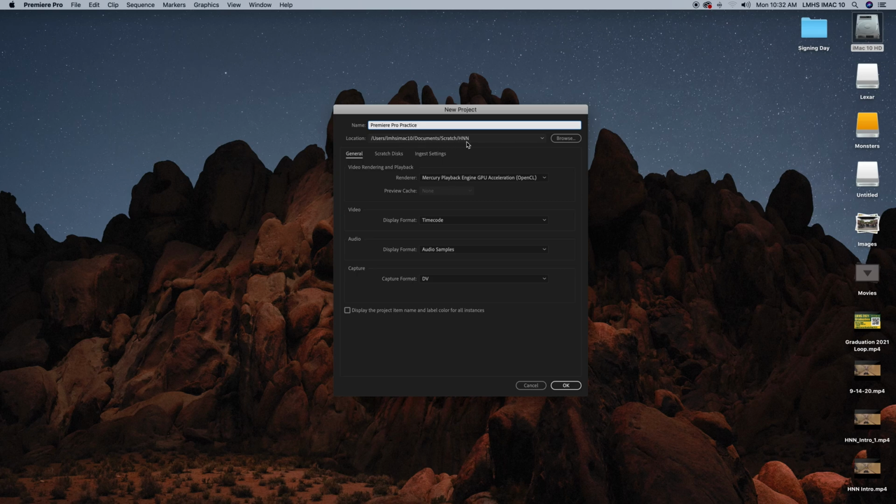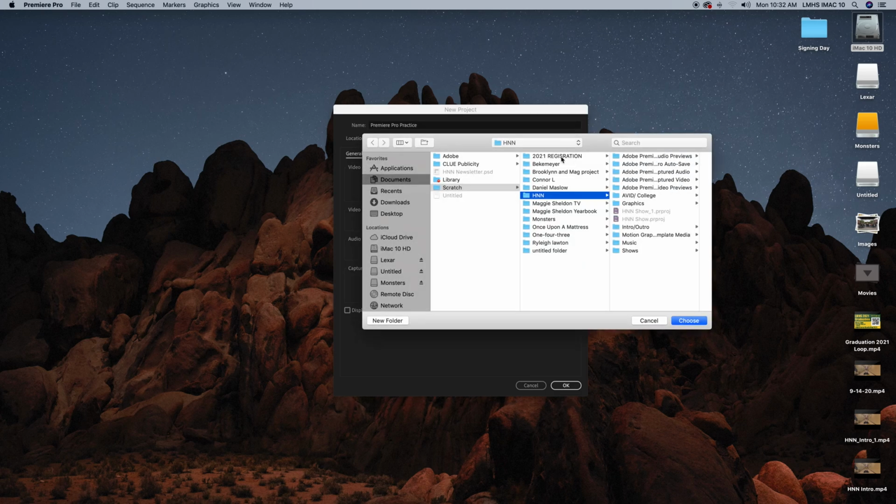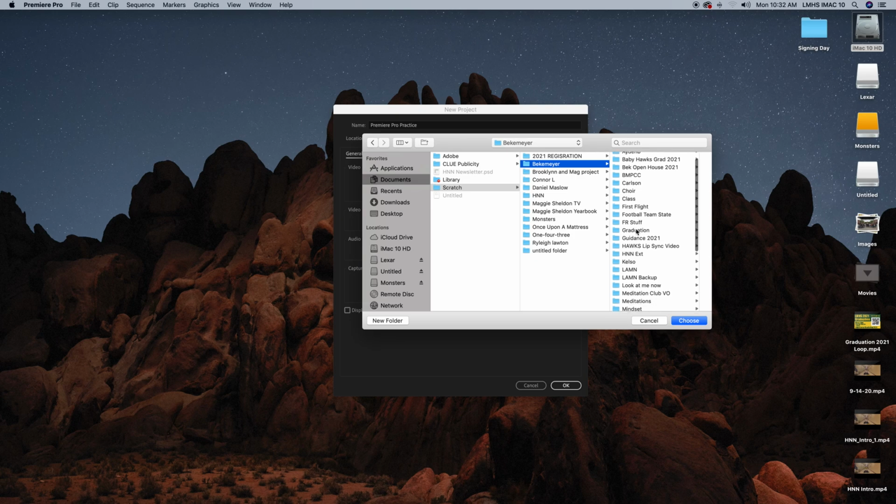But it's going to save my project that I just made in a folder called Documents Scratch HNN. And you do not want your Premiere Pro Practice project to go into the Scratch folder for HNN, because if you don't notice that that's where it went, you won't know where to find it when you want to go find your project again. So to avoid that, you click Browse, and this is where you navigate to